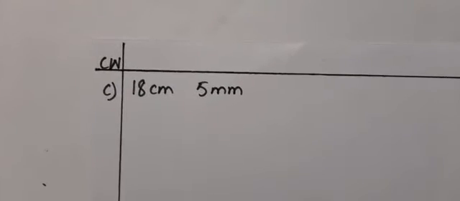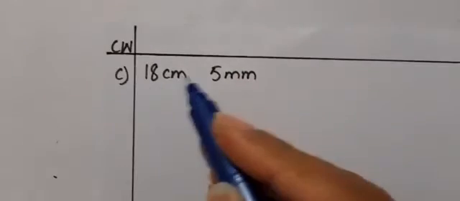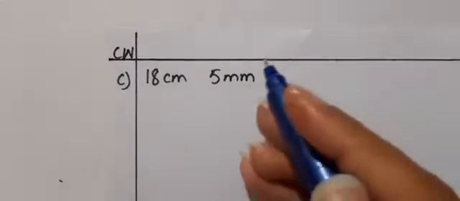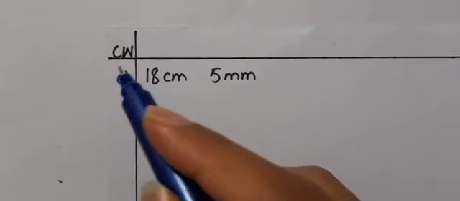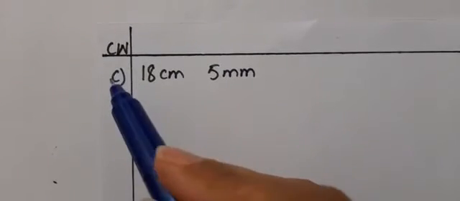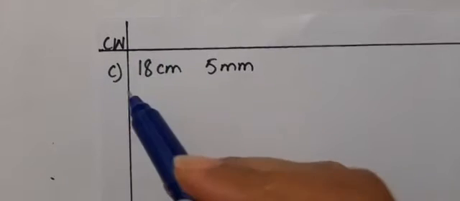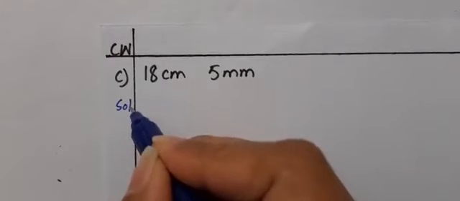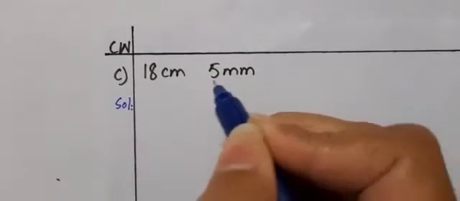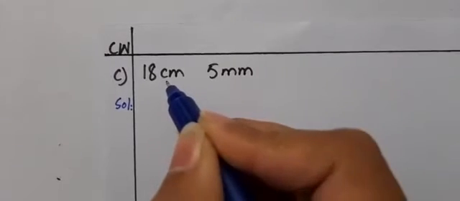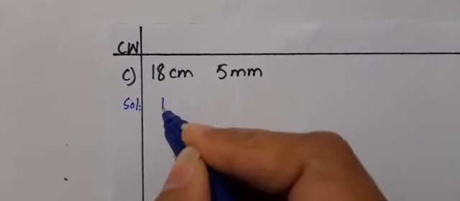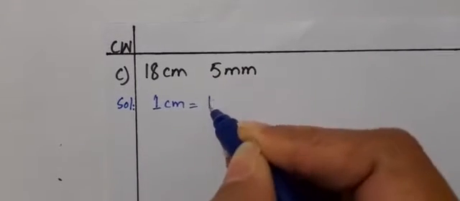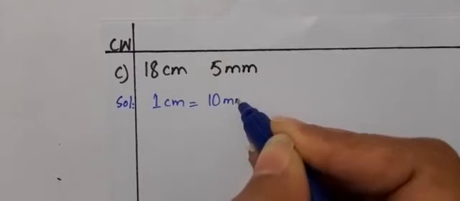After doing part B, boys, we will move toward part C, that is 18 centimeter 5 millimeter. I always told you whenever we are starting a new page and one page will end, we have to write the CW. And I have seen in copy checking, some boys have not written CW on every page. So please do it. In this sum, you can see one quantity is in centimeter and the other is in millimeter. So we don't have to change it. We only have to change this one into millimeter.